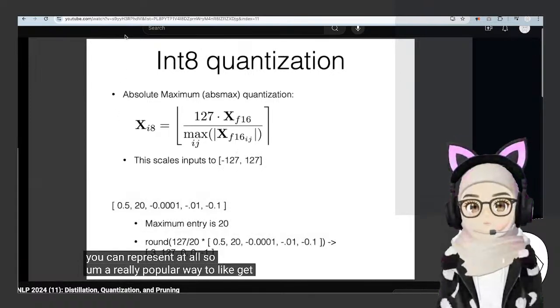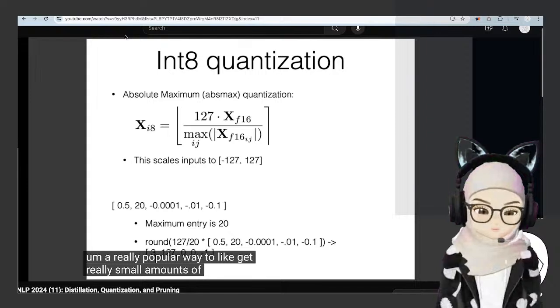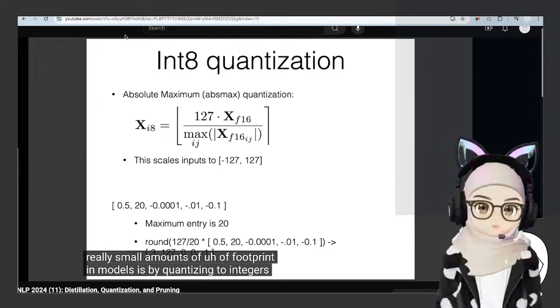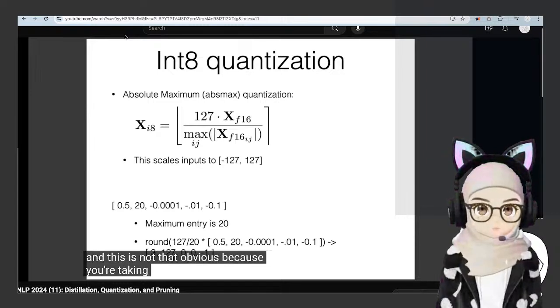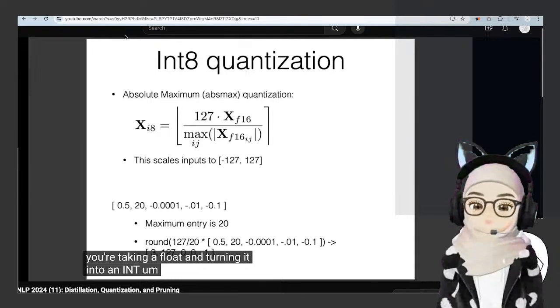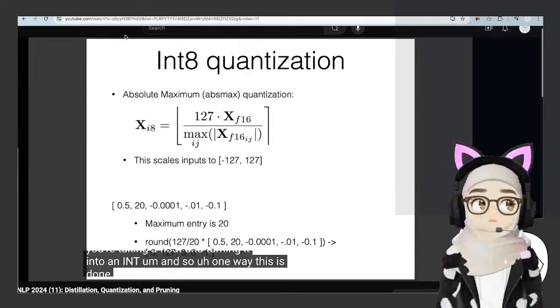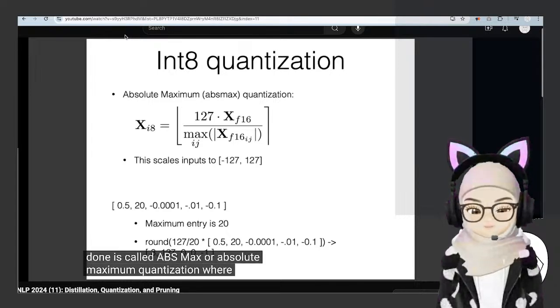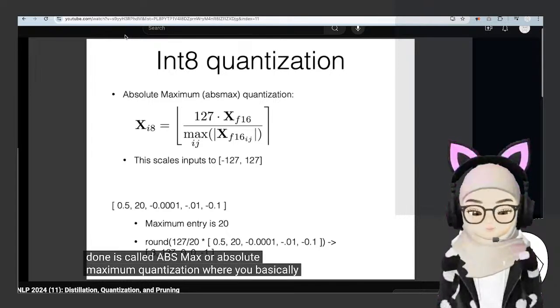A popular way to get really small amounts of footprint in models is by quantizing to integers. And this is not that obvious because you're taking a float and turning it into an int. One way this is done is called abs max, or absolute maximum quantization, where you basically map each